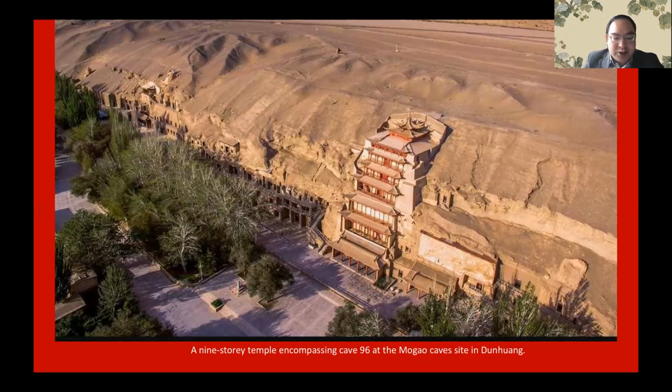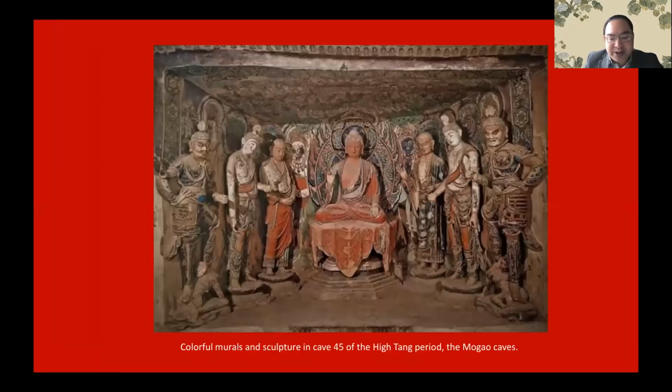This slide shows the interior of the famous Cave 45 of the Tang Dynasty, which represents the splendid artistic style during the heyday of the Tang Empire. The assemblage of the Buddha and his companions, including 2 disciples, 2 bodhisattvas, and 2 guardians, marks the height of